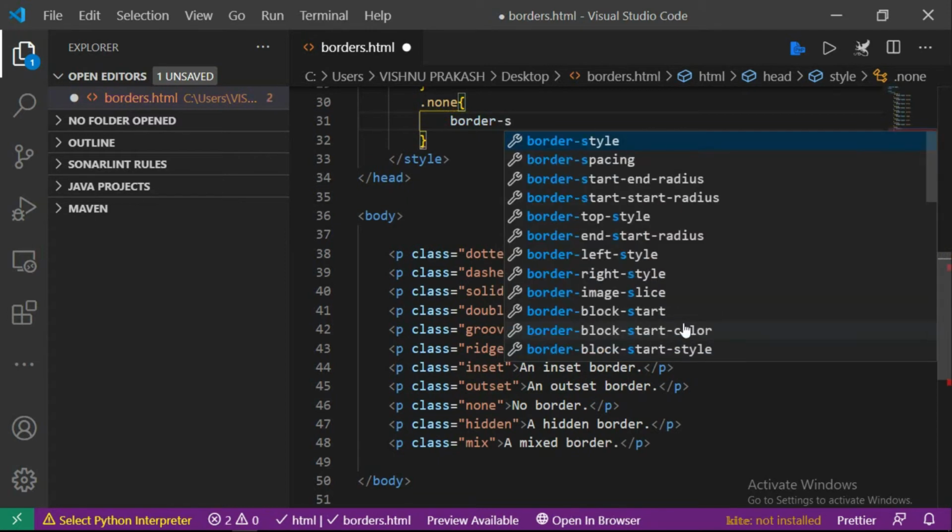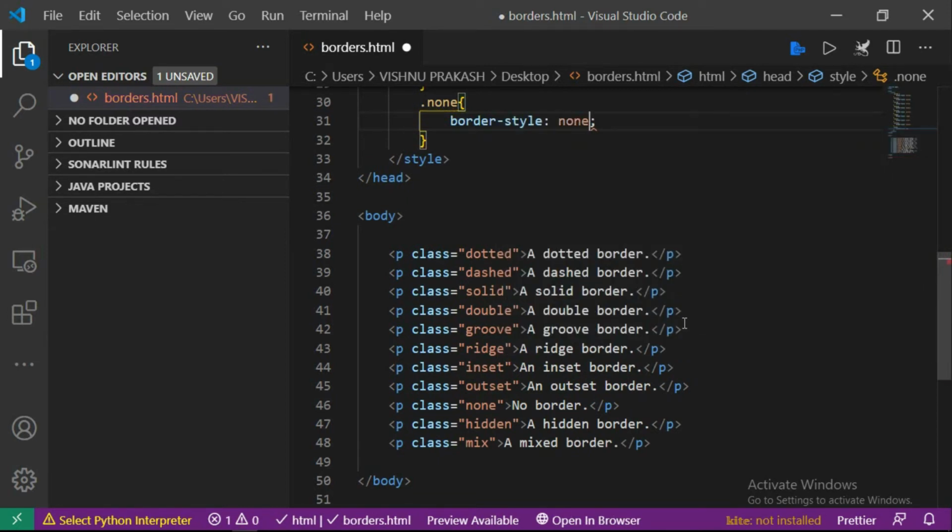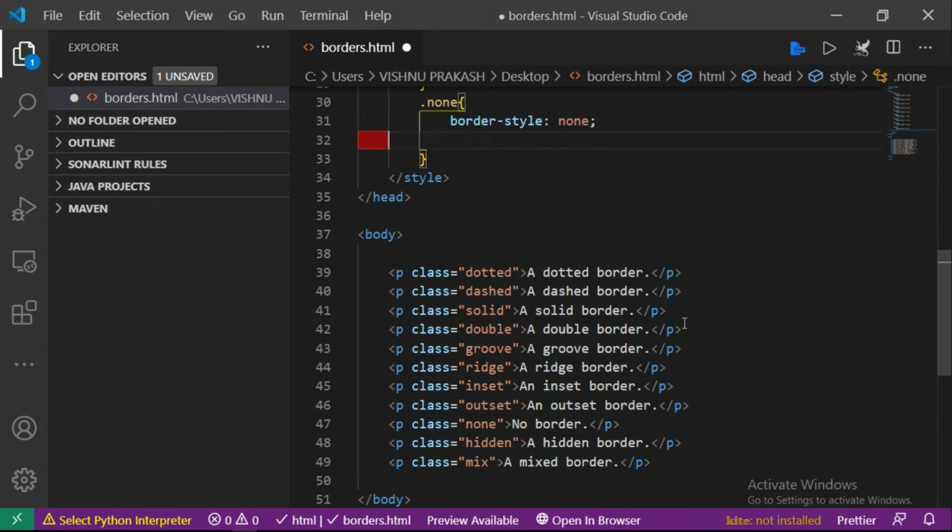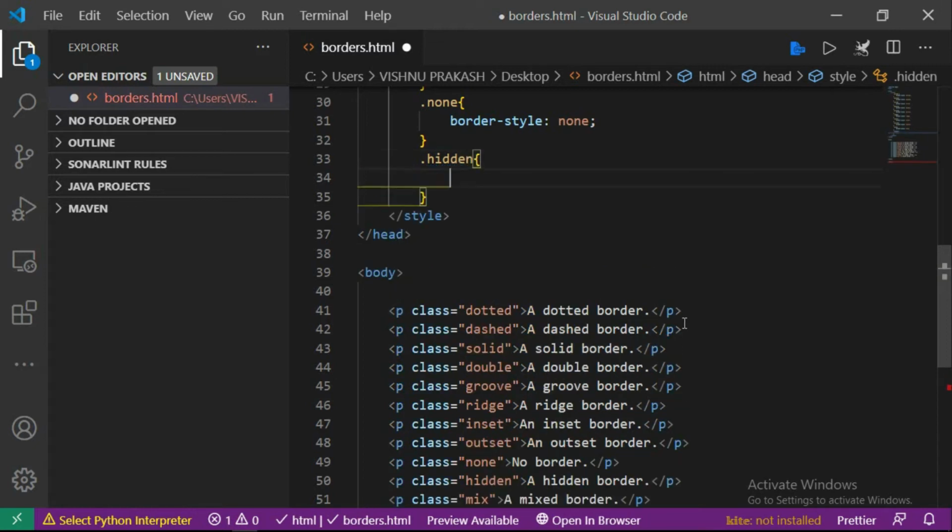Border style as none. The next one is hidden. Border style as hidden.